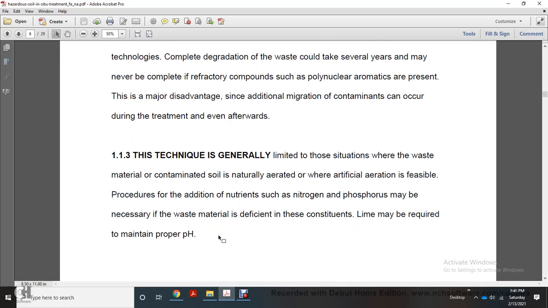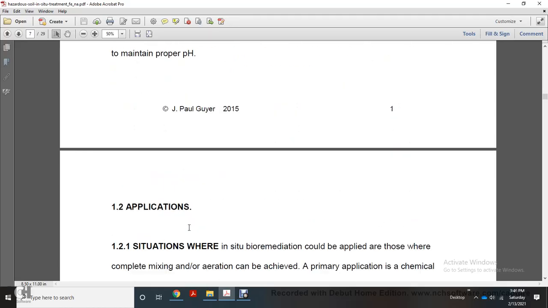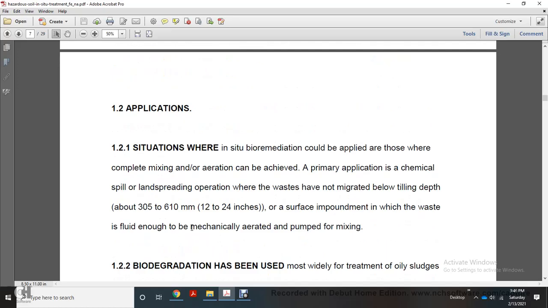The technique is generally limited to those situations where the waste material or contaminated soil is naturally aerated or where artificial aeration is feasible. Additional nutrients such as nitrogen and phosphorus may be necessary where waste materials are deficient in their constitution. Lime may be required to maintain proper pH. Applications: situations where bioremediation can be applied are those where complete mixing and aeration can be